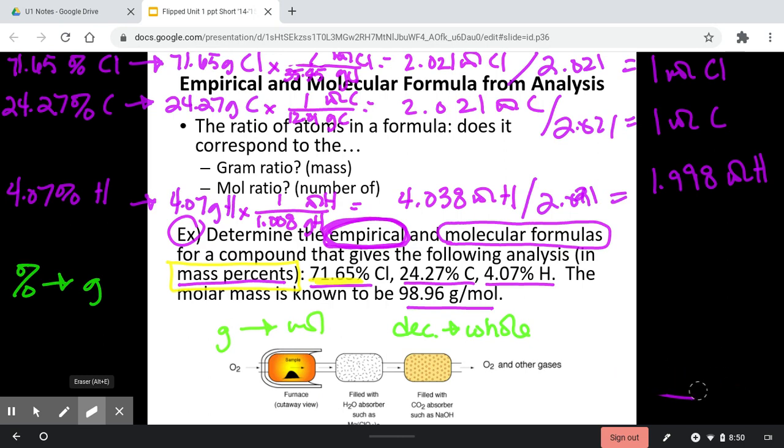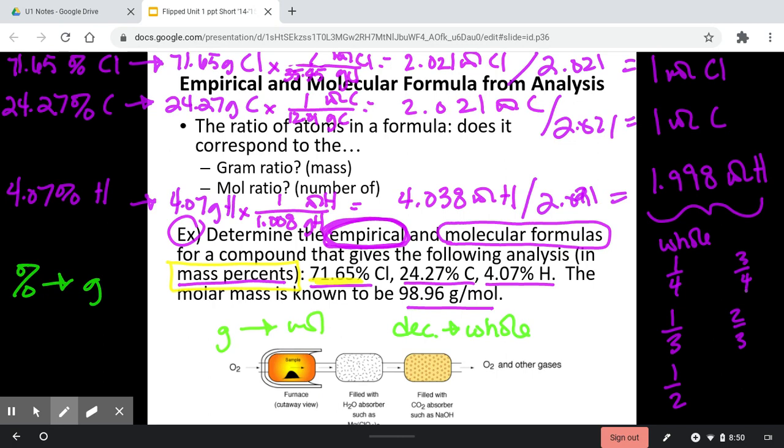1.998 moles of hydrogen. So I still have a decimal there to deal with. Now, when you get to this point, and only when you get to this point, only after you have done your due diligence of dividing by the lowest number, are you going to look to see if you can round this number off. At this point, all of your moles here should be close to a